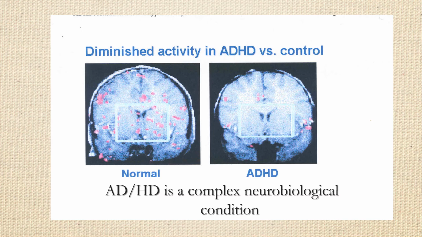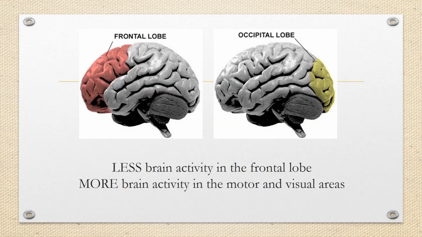We find that kids with ADHD have less activity in their brain overall than the typical person. So you see here these little red dots are the active areas of the brain while someone is engaged in a given activity. We find that there is less brain activity, most particularly in the frontal lobe, and in some cases more activity in the motor and visual area for the person with